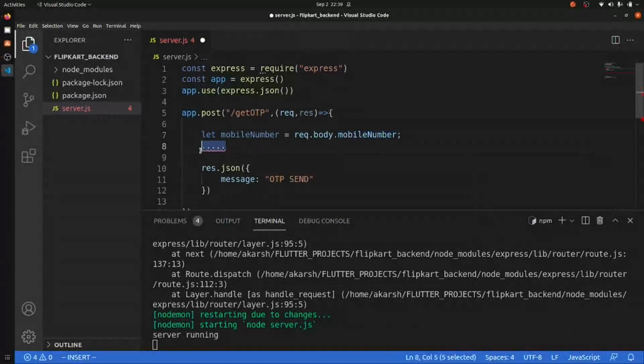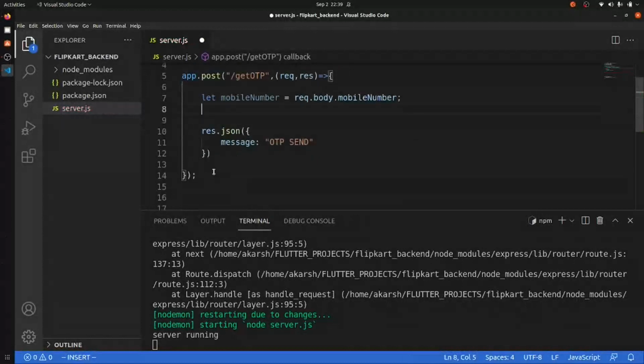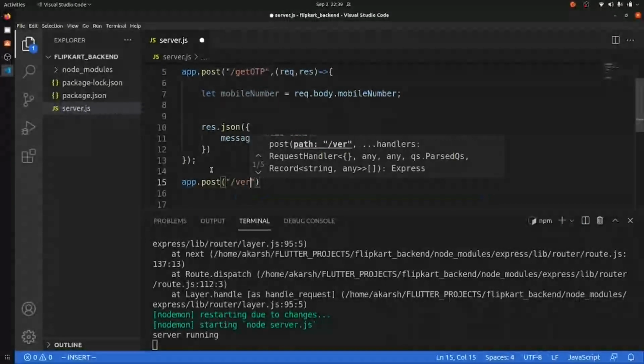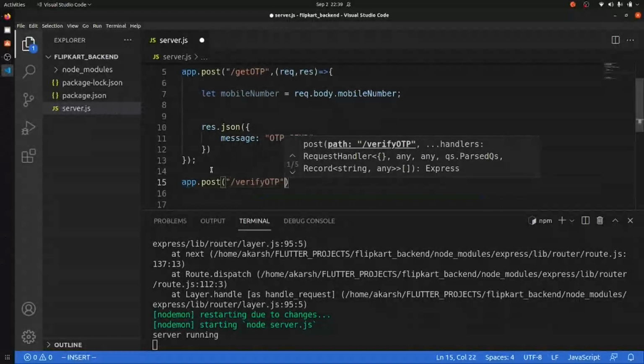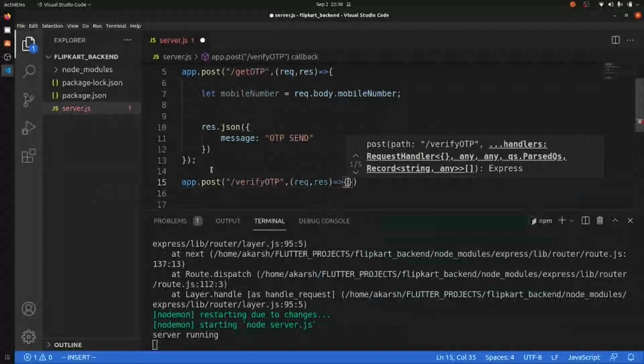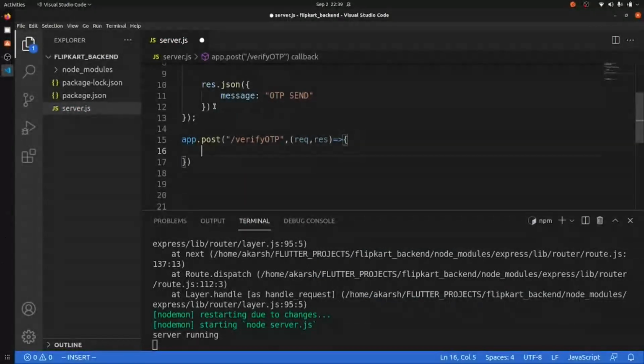After this we have to create another API that will verify our OTP. In a similar way we will do that. Here we will just copy and paste because currently we are doing something random. OTP verified.